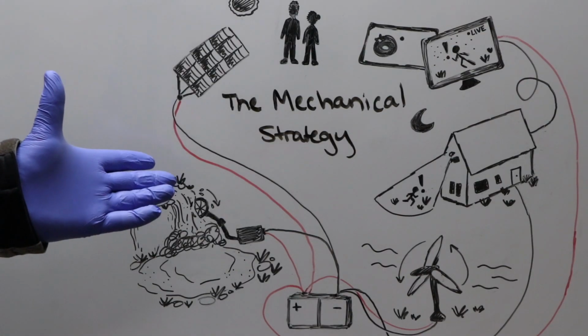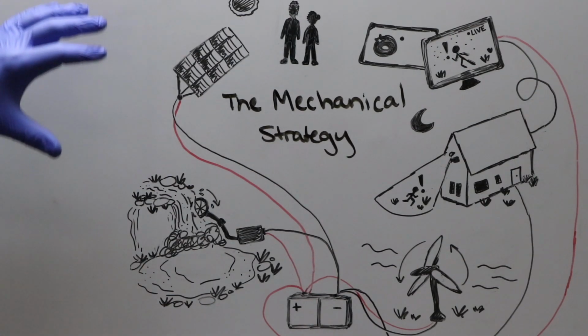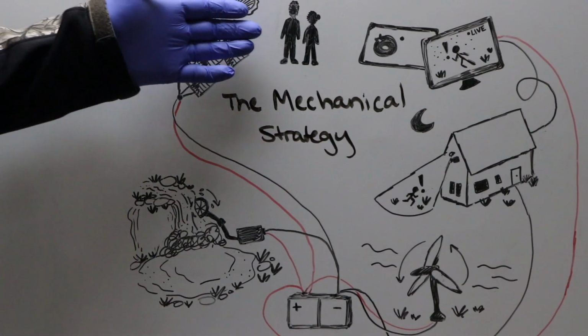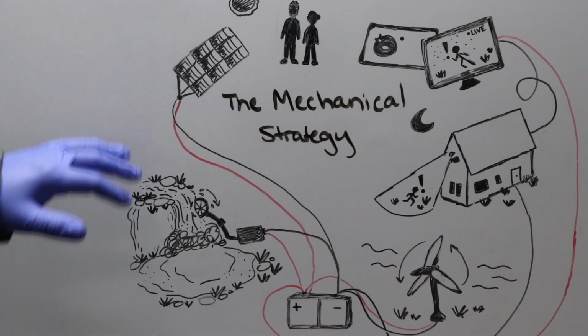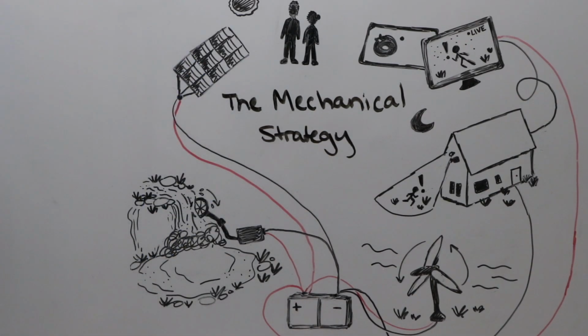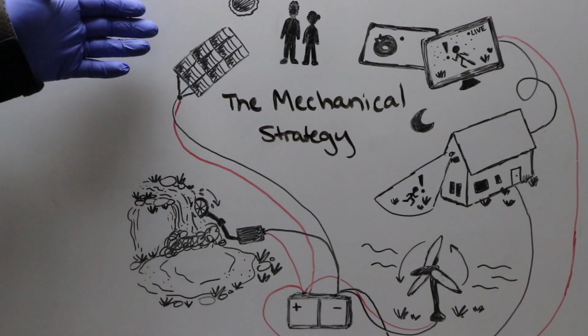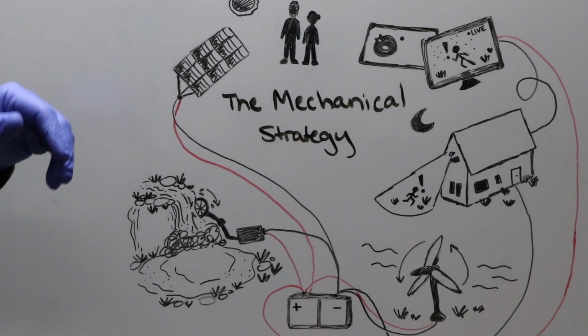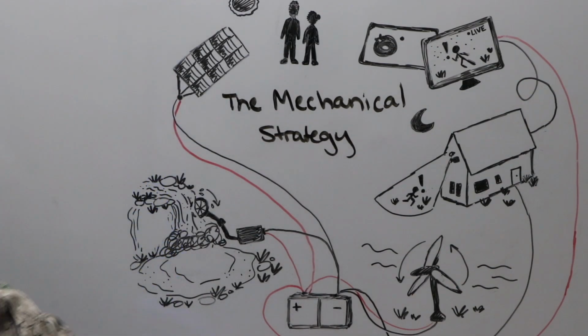So the next strategy is the mechanical strategy, which we could really call more of the electrical strategy, but mechanical is probably a more accurate term. This strategy is one where maybe you don't have the labor force like you did with the other one, or maybe you don't have the large environment like a homestead. Maybe you live in a suburban area, in which case you might want to look at having backup power supplies. Not saying that you don't necessarily want to have those with the manual strategy, but that's more the focal point for this mechanical strategy, where you have different energy storing opportunities or mechanisms like a solar panel or hydro or wind,